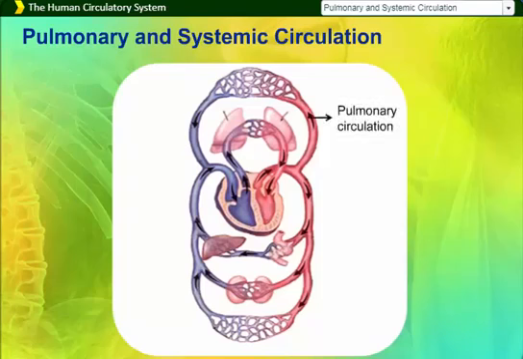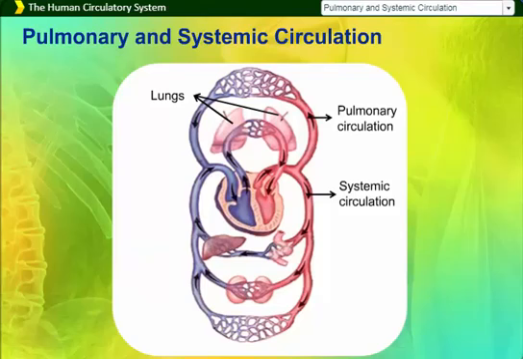The pulmonary circulation starts with the pumping of deoxygenated blood by the right ventricle, which is carried to the lungs, where it is oxygenated and returned to the left atrium. The systemic circulation starts with the pumping of oxygenated blood by the left ventricle to the aorta, which is carried to all the body tissues, and the deoxygenated blood from there is collected by the veins and returned to the